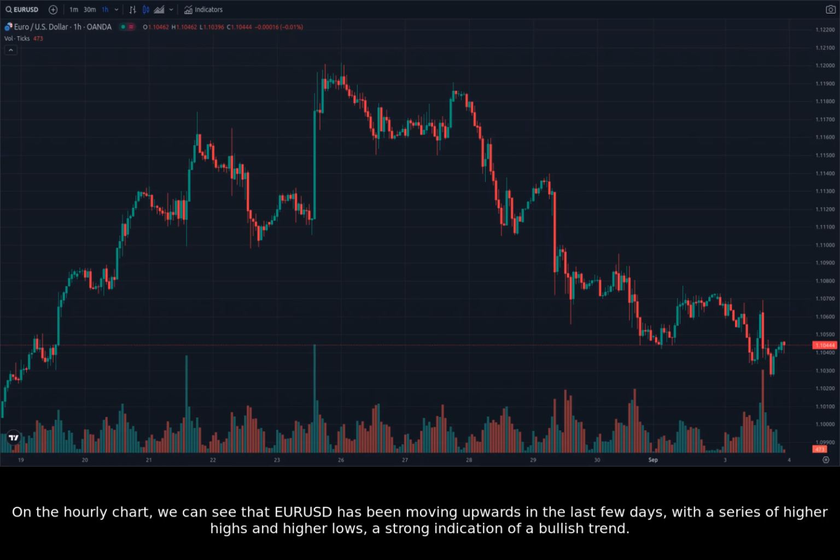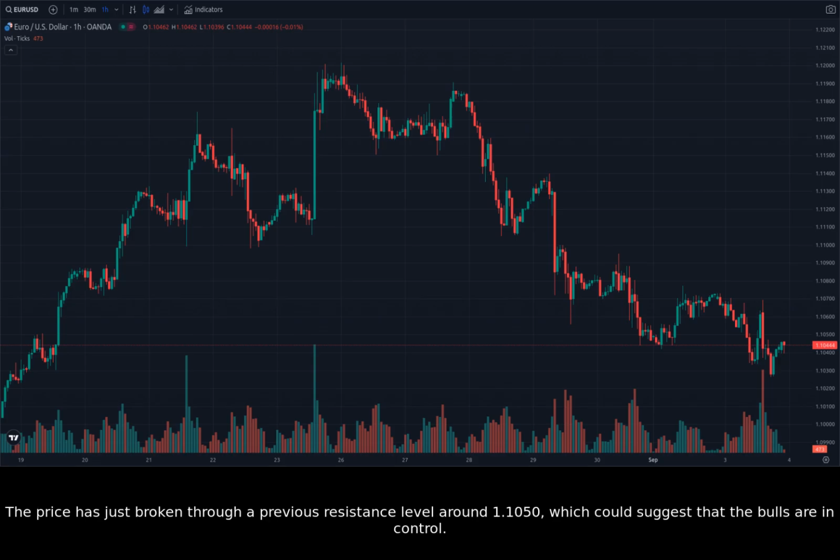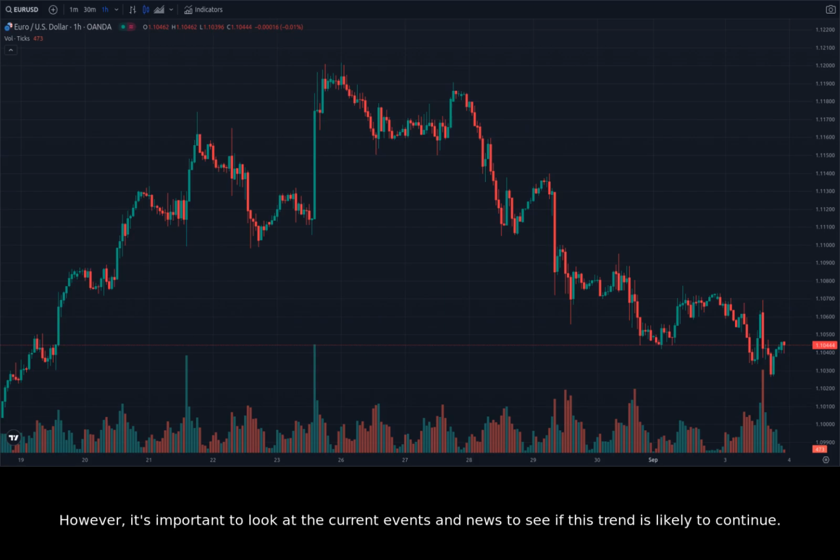On the hourly chart, we can see that EURUSD has been moving upwards in the last few days, with a series of higher highs and higher lows, a strong indication of a bullish trend. The price has just broken through a previous resistance level around 1.1050, which could suggest that the bulls are in control. However, it's important to look at the current events and news to see if this trend is likely to